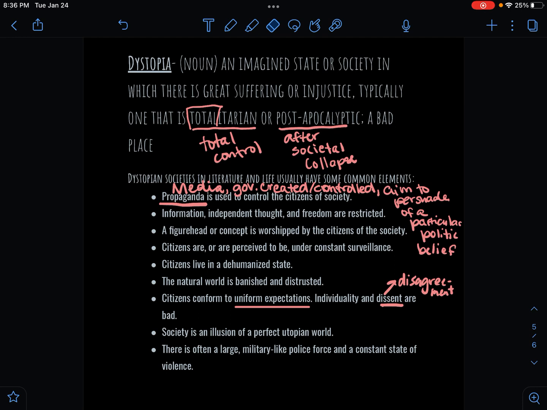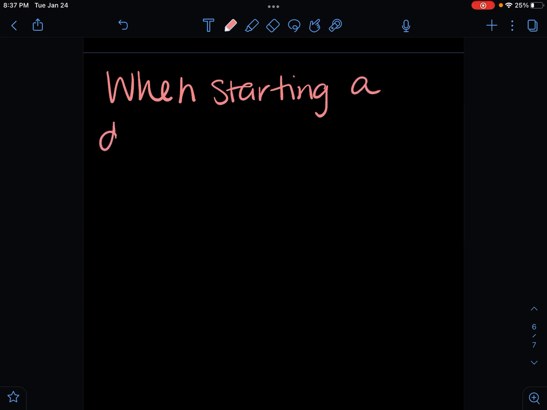And then these are some of the common elements that we talked about together the other day. Keep thinking about those common elements. When you start a dystopian novel, there are a few things that you definitely want to look for, because they're going to help you figure out what's going on. So, since we're going to start The Silenced, this is specific to dystopian novels, and I want you to know about it. So, when starting a dystopian novel,